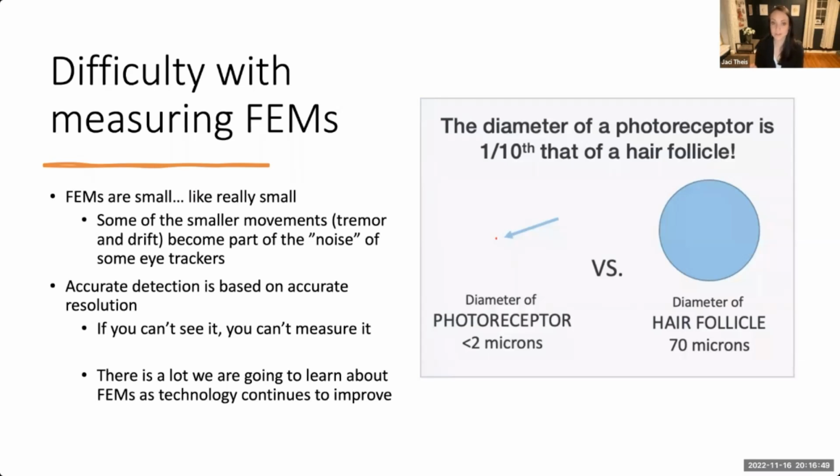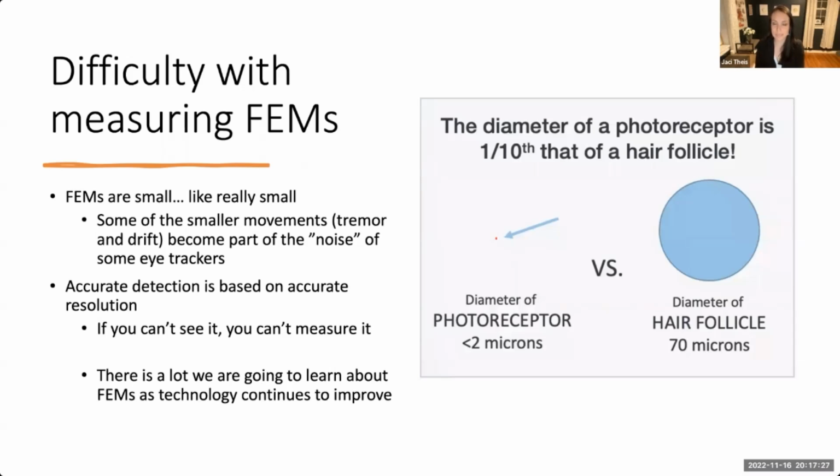So one of the things that I've learned over the years is that in order to accurately assess the dynamic properties of eye movements, studies have shown that you need to have an eye tracker that is double the speed of the eye movement you're looking for. So not only are fixational eye movements small, but they're fast. If we're looking at microsaccades, a saccade is on average about 150 to 200 hertz in speed. That means that we need an eye tracker that is at least 300 to 400 hertz in speed to accurately measure the dynamics of it. And really, until recently, we haven't had the technology on the market to be able to detect accurately these eye